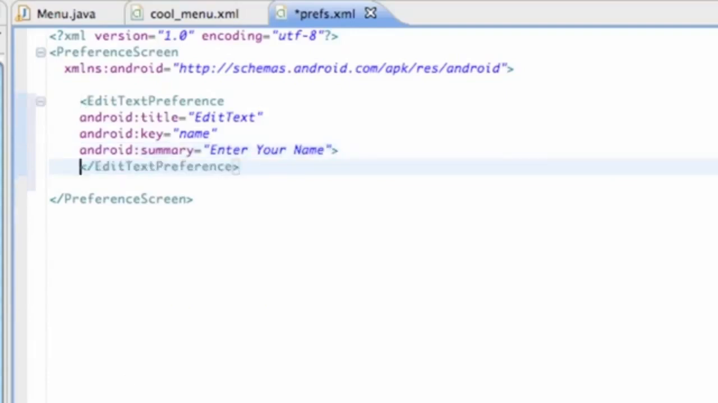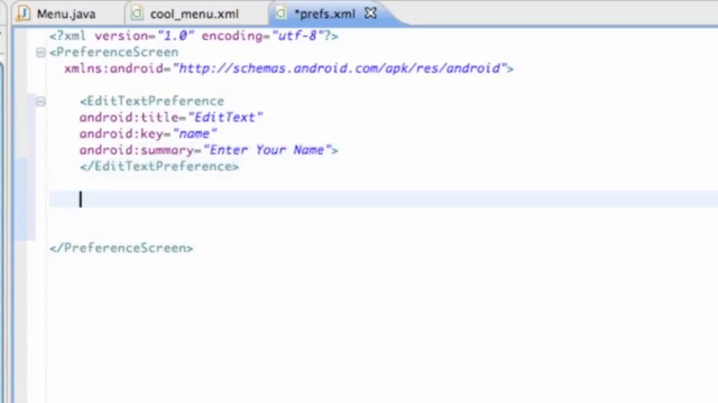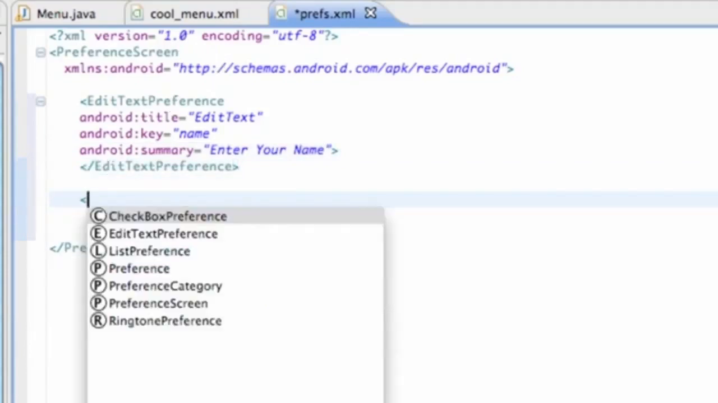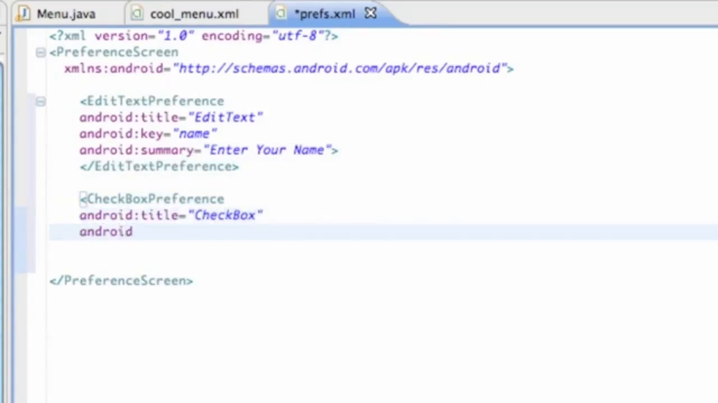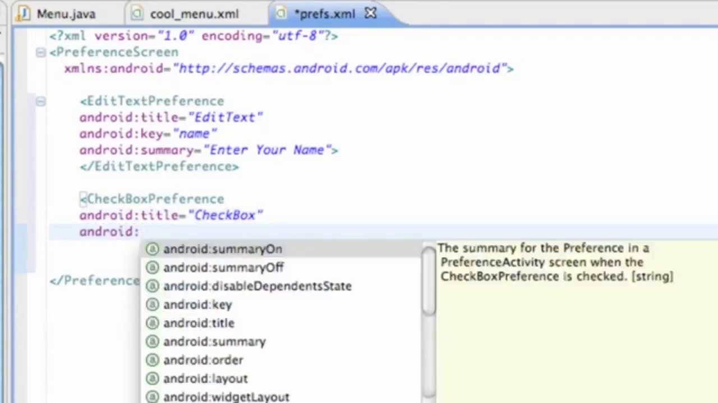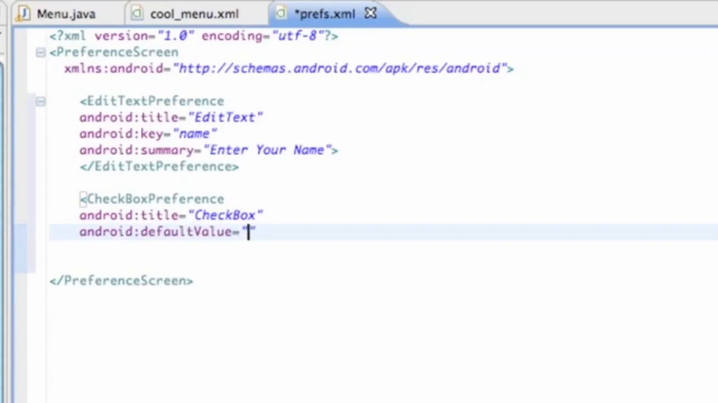Let's set up a new one. So let's go still within our preference overall thing, and then set up a checkbox. It's checkbox preference, and we're going to say again Android title checkbox and Android, and we can set this checkbox if we want it to be checked when it starts or unchecked. So we're going to say default value, which is what it's going to start as, and we can either set this to true or false. So we're going to say true,